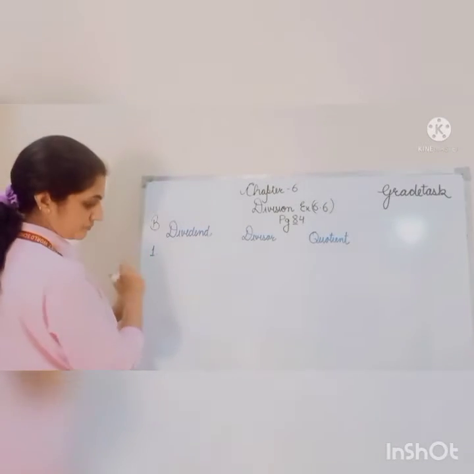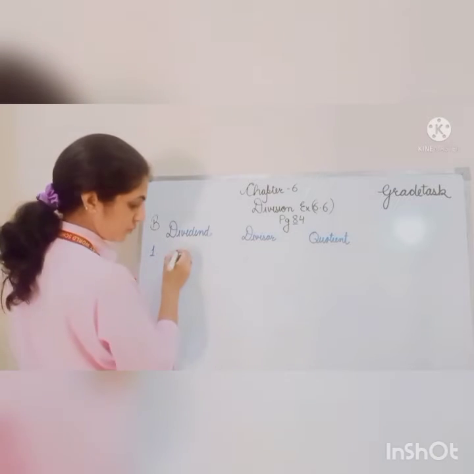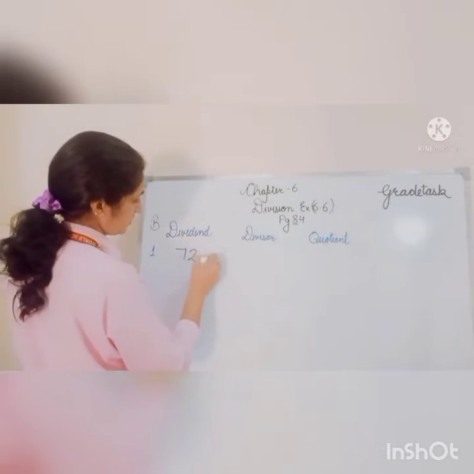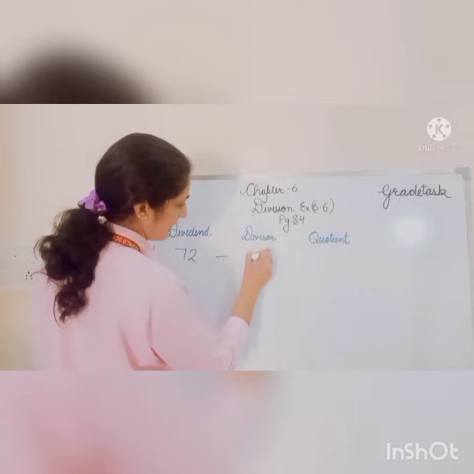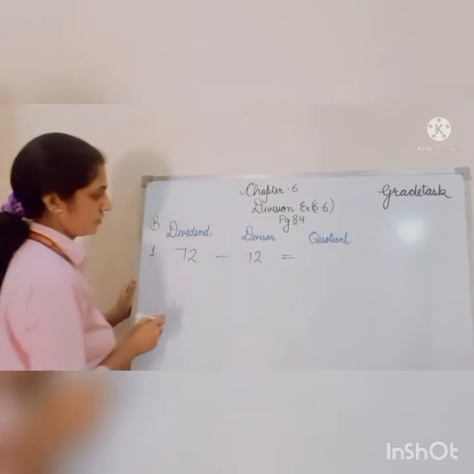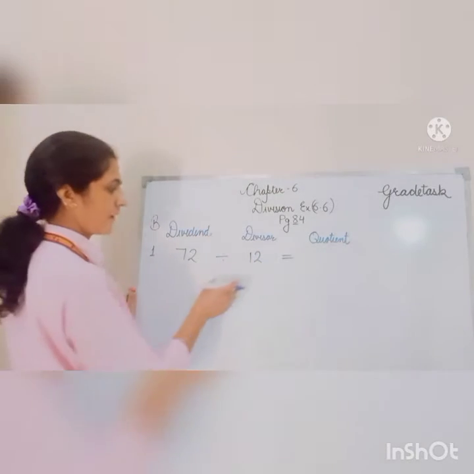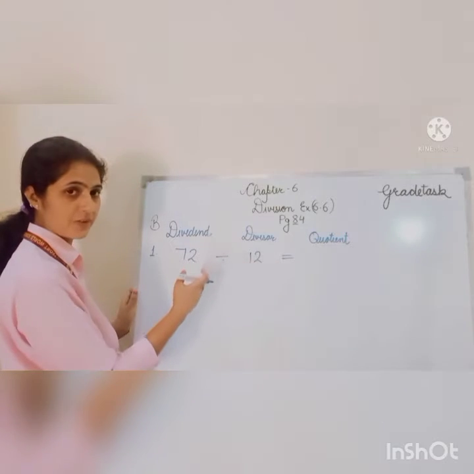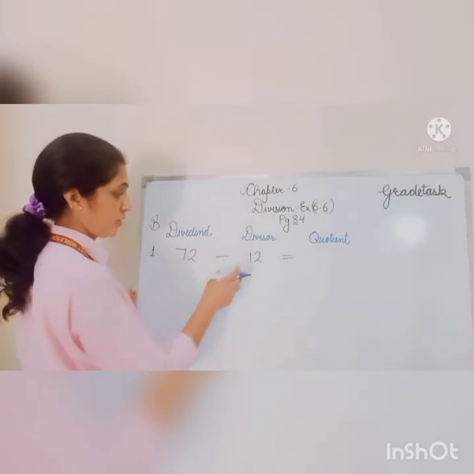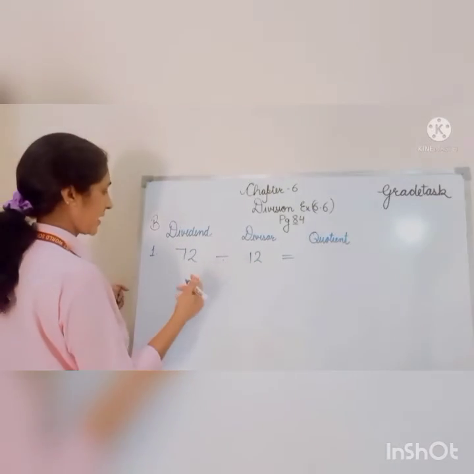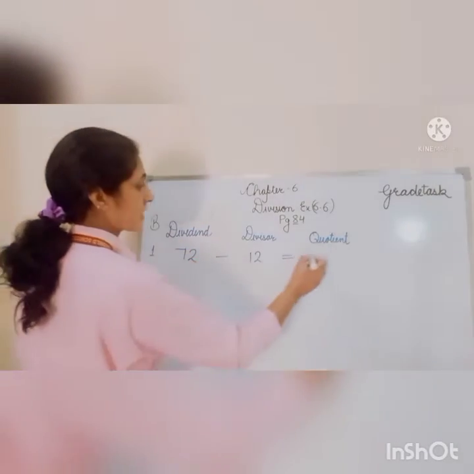Okay, first is 72, when divided by 12, what is your quotient? So 72 divided by 12, now you will see the table of 12. The smaller number is 12, so you will see the table of 12. So 12 6s are